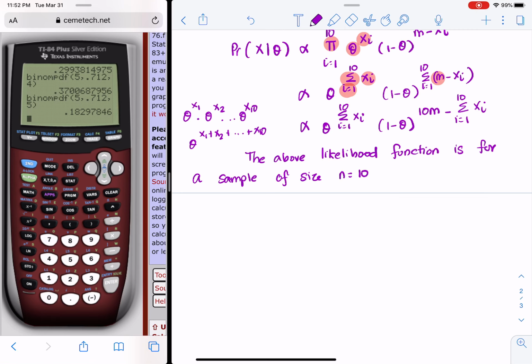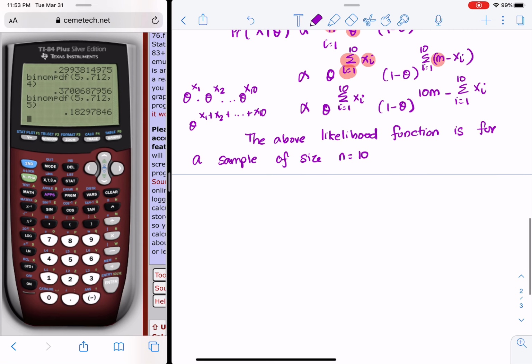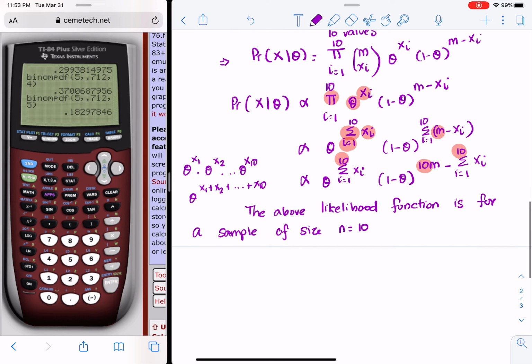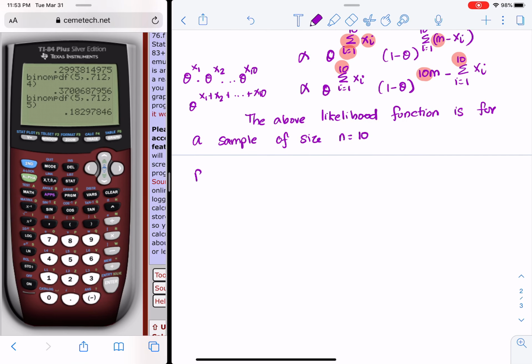So if I want to generalize it for any sample, the 10 would get replaced by the sample size. So for a sample of size n, the likelihood function in a binomial experiment